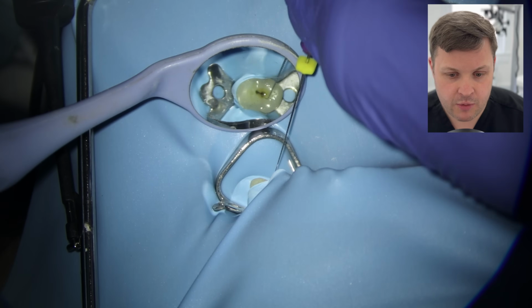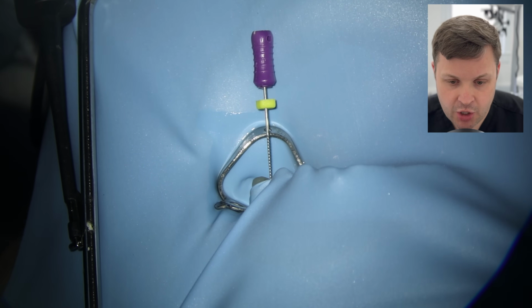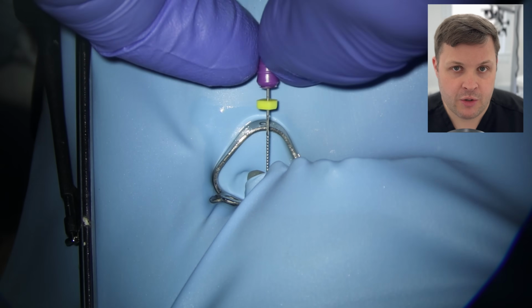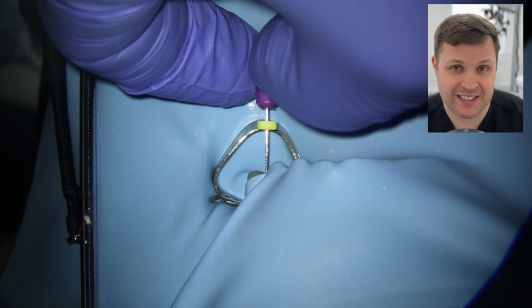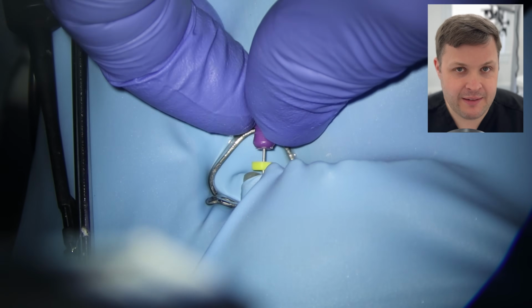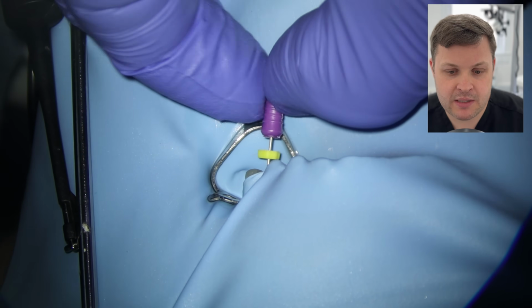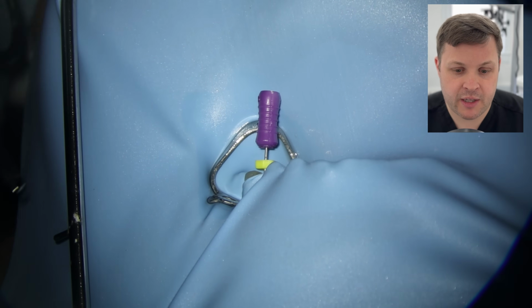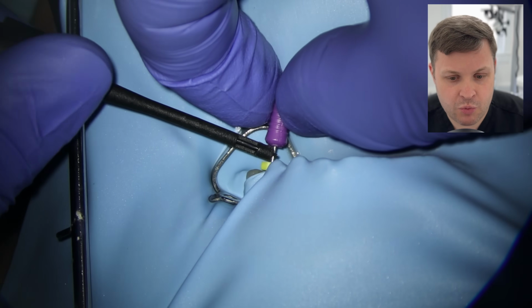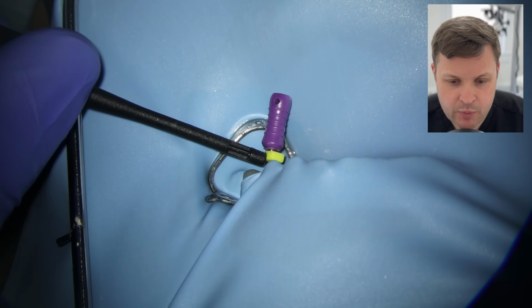Again, I think with all these kinds of issues, you just have to keep your patience. I know sometimes practice life can be busy, but if you make a significant ledge worse, it's going to make you more busy, because you can have more problems. And you'll notice here that after shaping out the canal space, I'm actually negotiating past this 21.5 millimeters. The stopper's going past the cusp, and when we hook up the apex locator, I notice that I'm a bit further towards 0. So I'm just having a little fiddle around, moving it in and out, and then finally we get 0